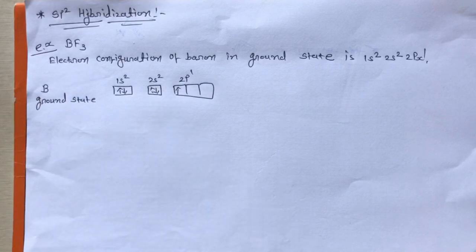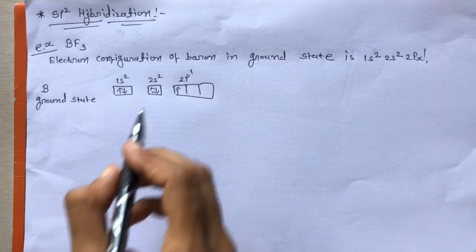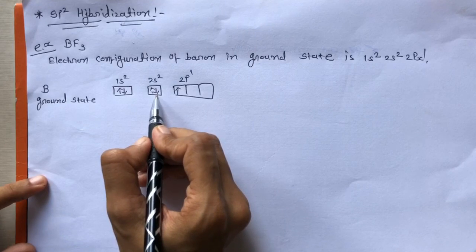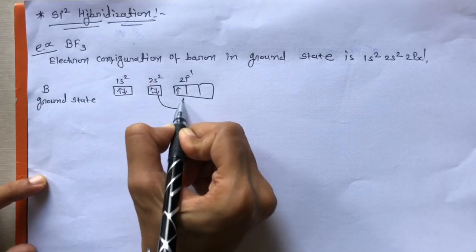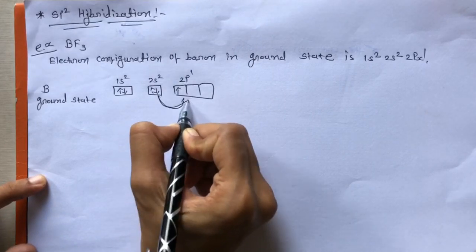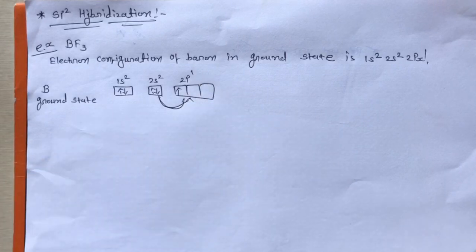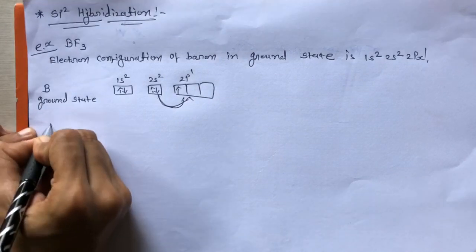Now if we have a ground state electron configuration, then a 2s electron gets promoted into the next vacant orbital, and the next vacant orbital is 2py. So the electron configuration of boron in excited state